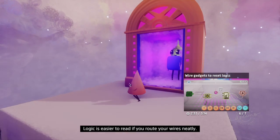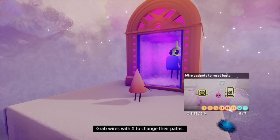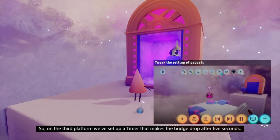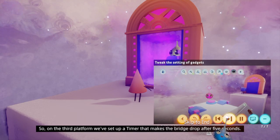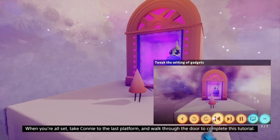Logic is easier to read if you route your wires neatly. Grab wires with X to change their... So, on the third platform, we've set up a... Take Connie to the last platform and walk through the door to...